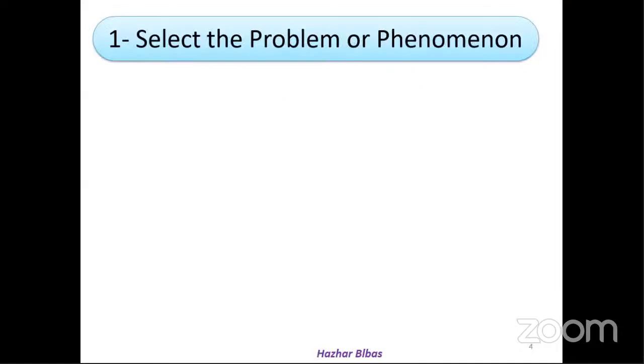First, what's the problem? What's the phenomenon? Everyone is familiar with a problem. If I say divorce, of course. This is one of the problems in most countries. Most of the people, after they get married, in a while, they divorce for some reasons. Now we're going to do the search: why do they divorce? Okay, but divorce is not the whole title. It's not the whole scientific research title. I'm going to add something